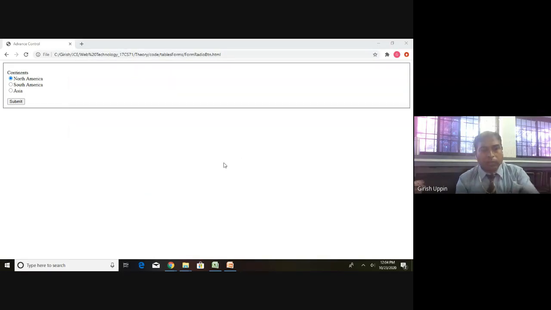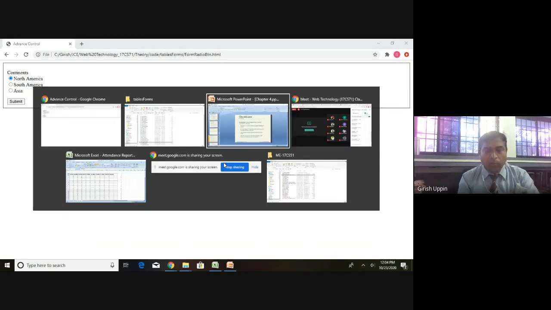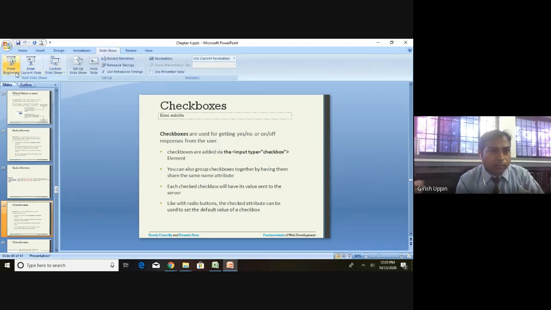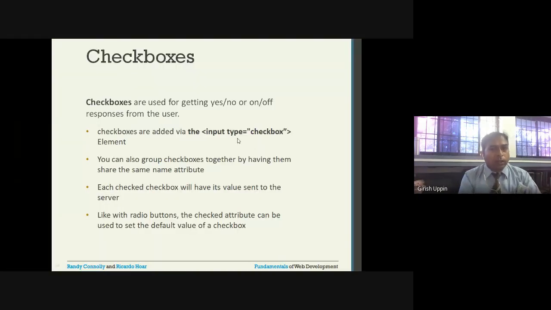And next one is the checkbox. Similar to radio button, if you want to show multiple options, but here you can make a multiple selection. In case of a radio button, out of the options provided, you can select only one because they are mutually exclusive. In case of checkboxes, you can have multiple values selected. Same input control you will use, type is equal to checkbox. If you say type is equal to checkbox, it will be converted into a checkbox. That particular box will be displayed.